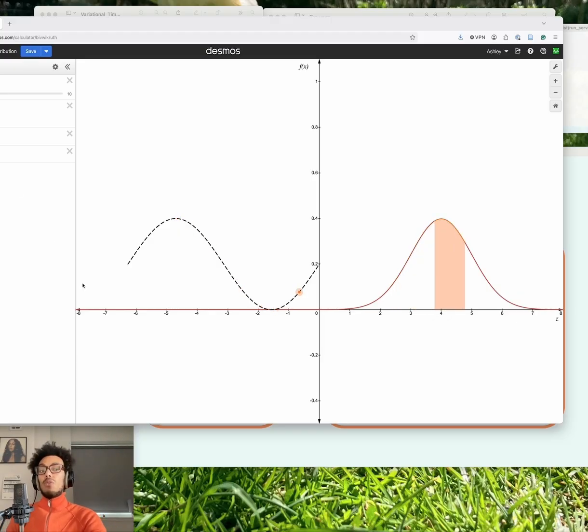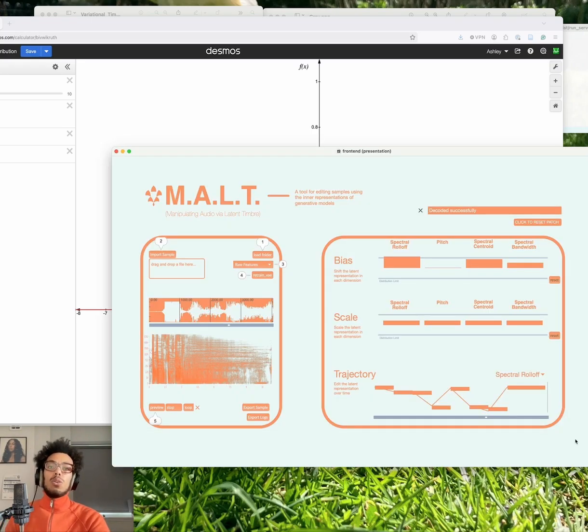So sounds evolve over time, the quality of sounds evolve over time, and that's where a trajectory can help us to model that. So we have a statistical model known as a latent space, and then within that we have encoded the nature of a sound over time. And this is super important because these statistical models are the main building block for how we represent sounds in AI systems at the moment.